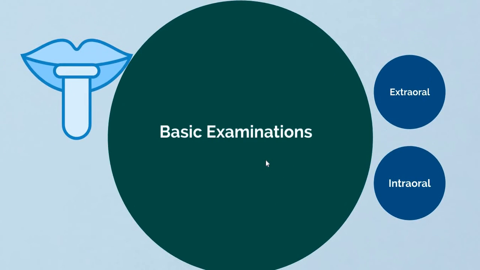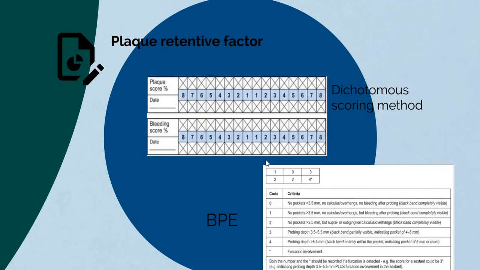While intraoral examination, a record should be made of local factors that predispose to the accumulation of plaque. So we should take a report of plaque retentive factors, because we know that the main causative factor of periodontal disease is plaque. So we should check for the plaque retentive factors,